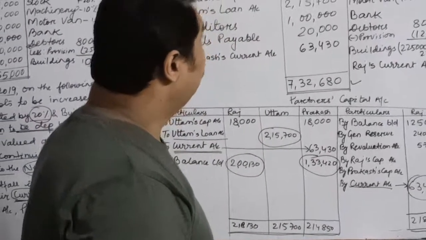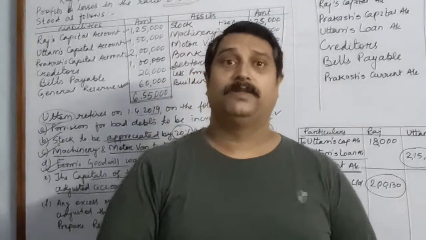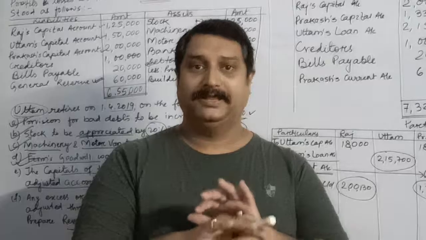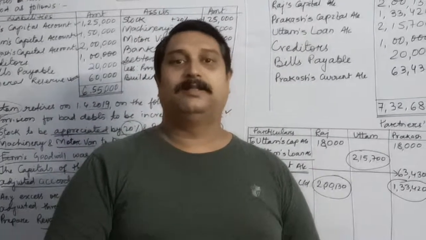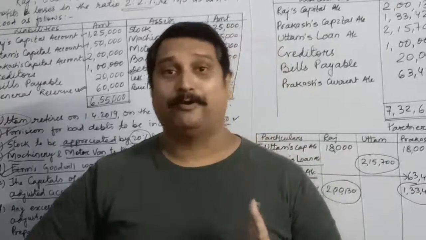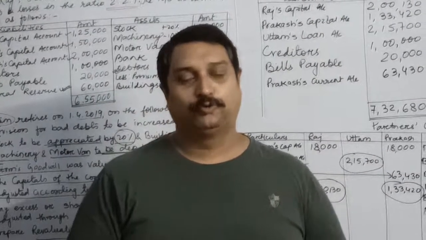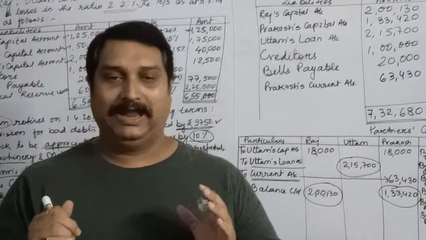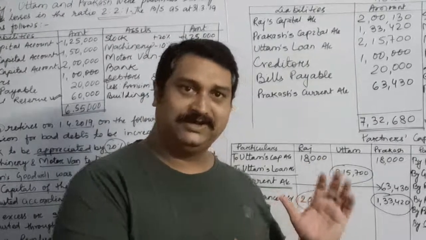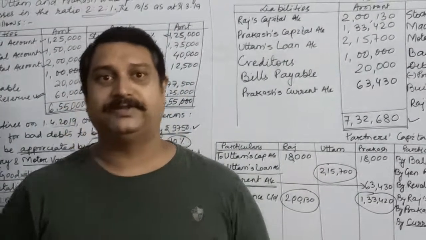So children, this is how we prepare and solve a sum when the new capital, fixed capital, is not given and the capital is to be adjusted in the new and future profit sharing ratio. I hope these two examples and question will help you in solving and sorting out the problems related to such type of capital adjustment. Do take good care of yourself.